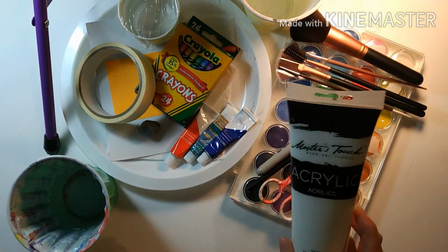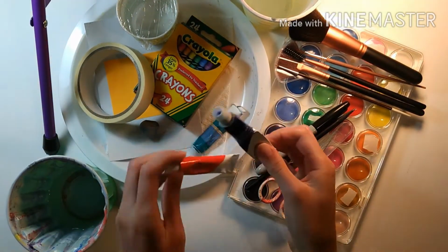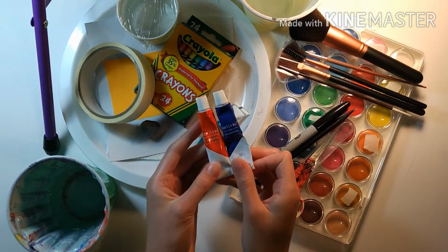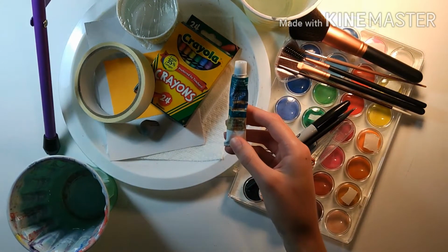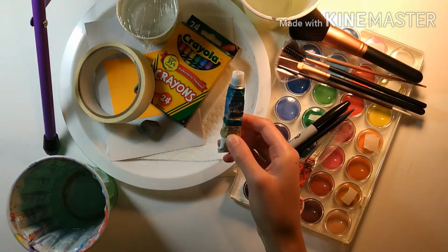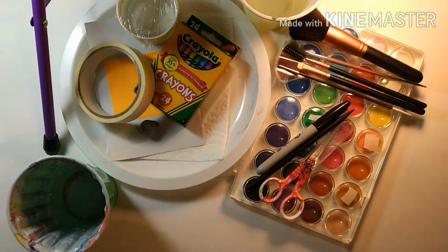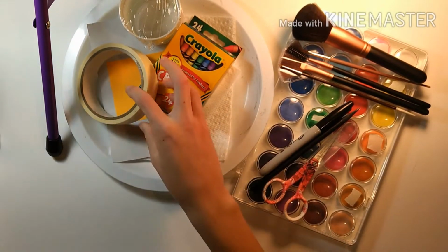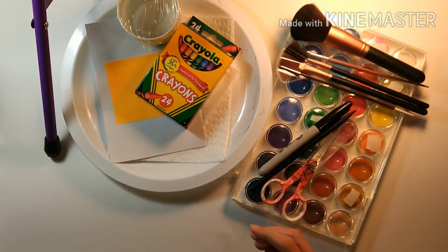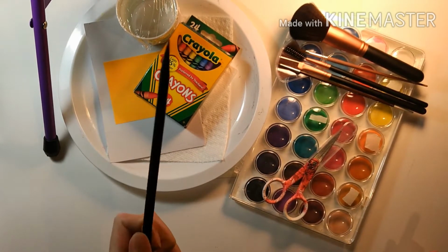We have some white acrylic paint, some more acrylic paint, vermilion and ultramarine. Then we have this tube of watercolor paint. It's the color Viridian, I think that's how you pronounce that. I have a kneaded eraser, some water, that will be helpful, masking tape, a Sharpie, and a pencil, which he specifically told me I'm not